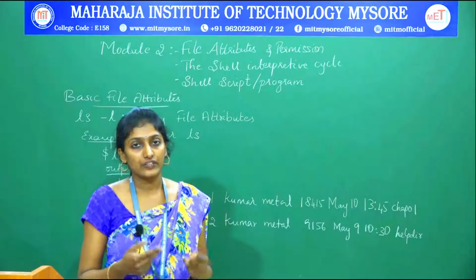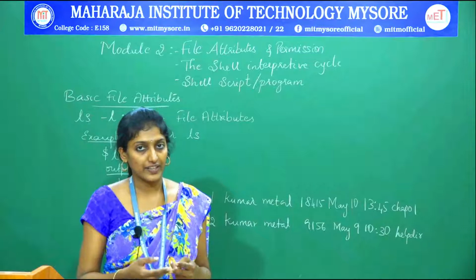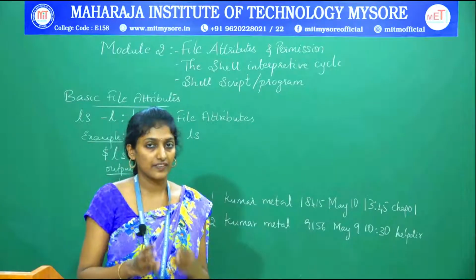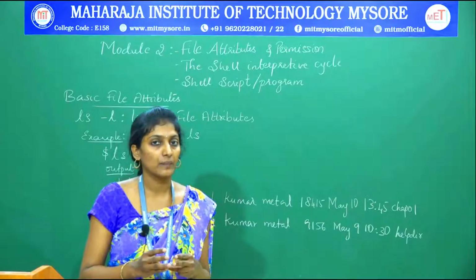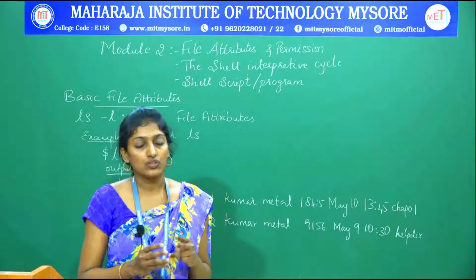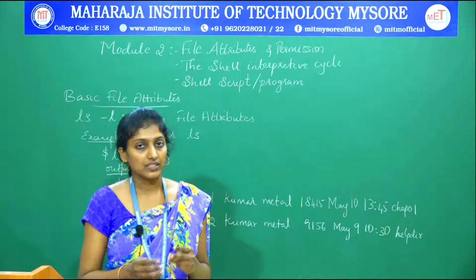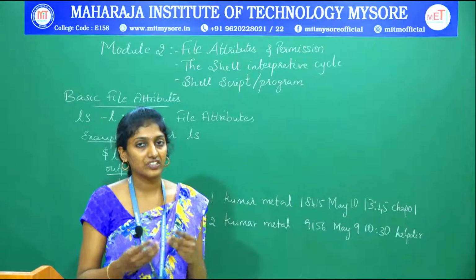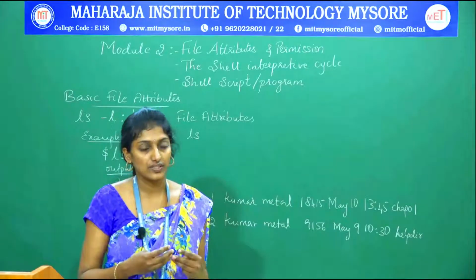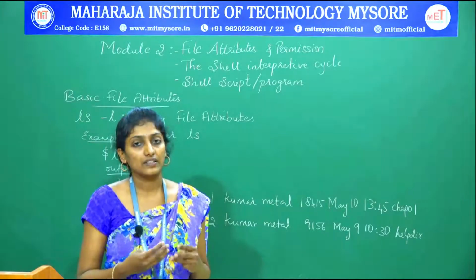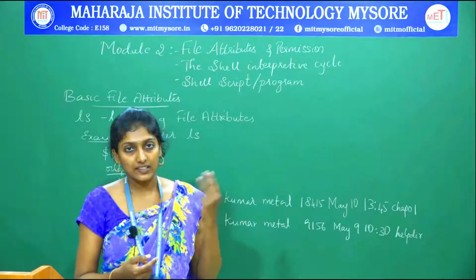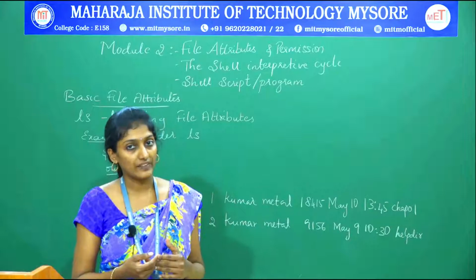The second category of file is the directory file, which is always associated with just file names and a file number. That is what we have discussed for the directory file. And a device file is nothing but all your peripheral devices which you attach to the system. All those come under the device file, and it doesn't occupy any space. So these are the three categories of files, and we have also understood their hierarchy.